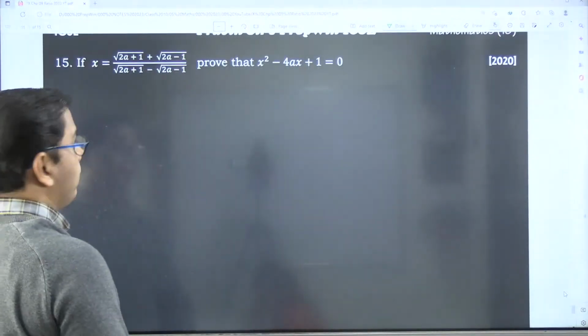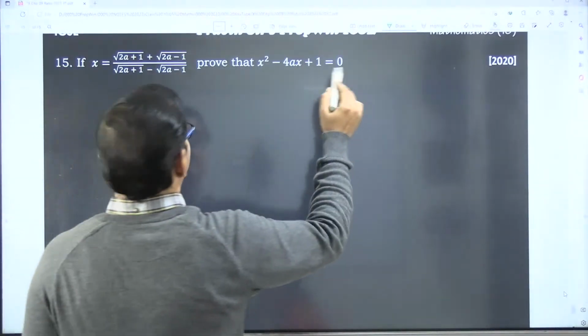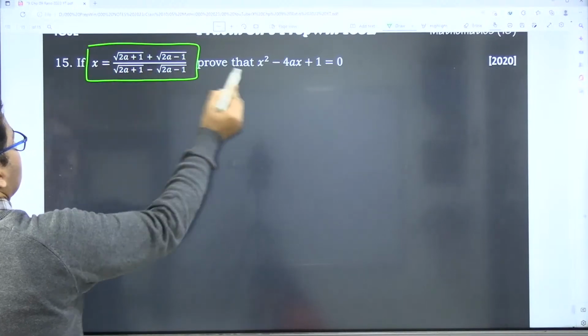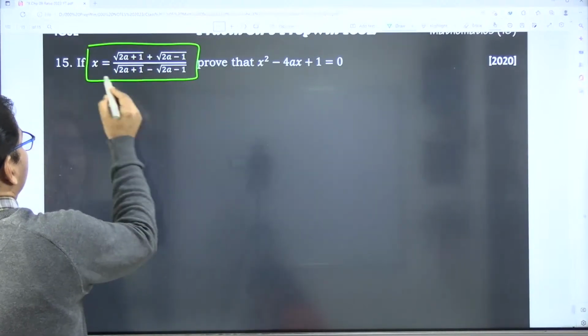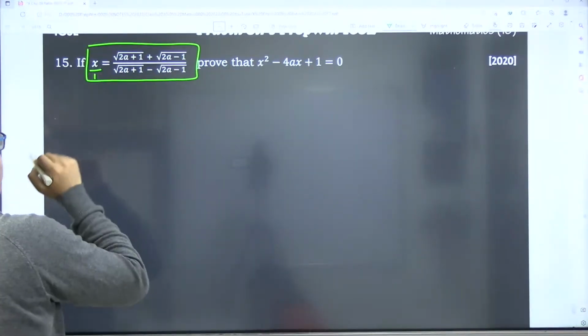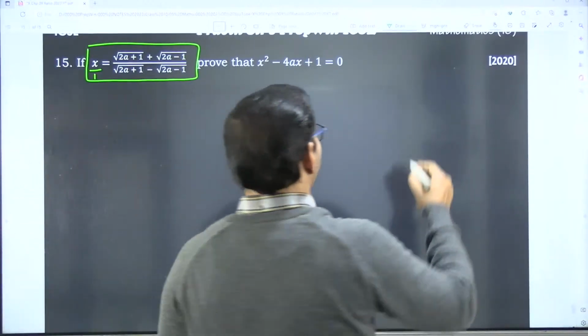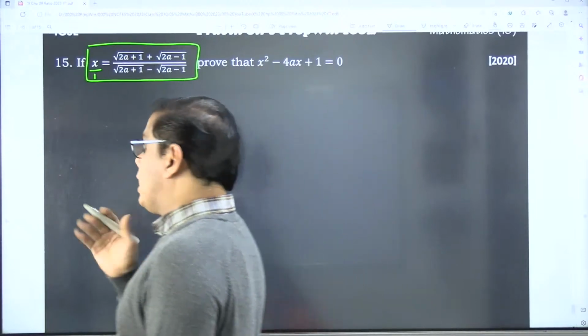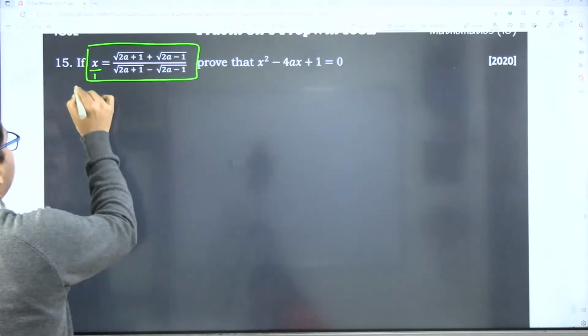Okay. Let's see here. What is the given information? This x is equal to, and prove that. This is a proof. Okay, x के डिनोमिनेटर में कुछ नहीं है, take 1. x के डिनोमिनेटर में कुछ नहीं है, 1. What to do? समझ में नहीं आ रहा. Directly use componendo and dividendo.